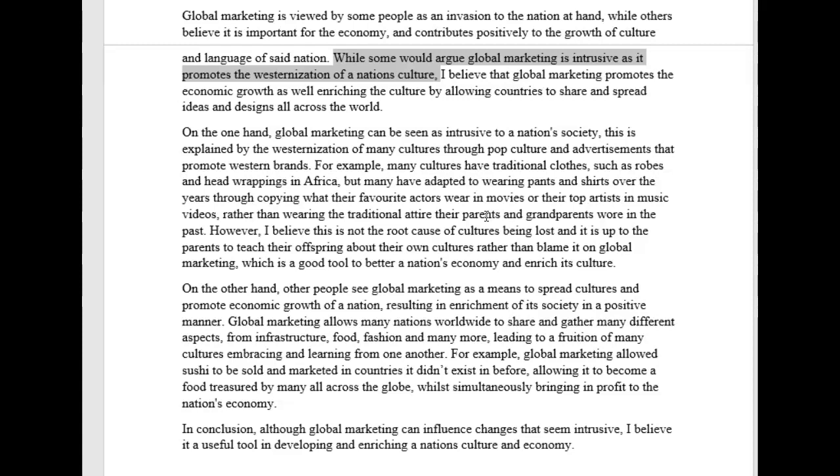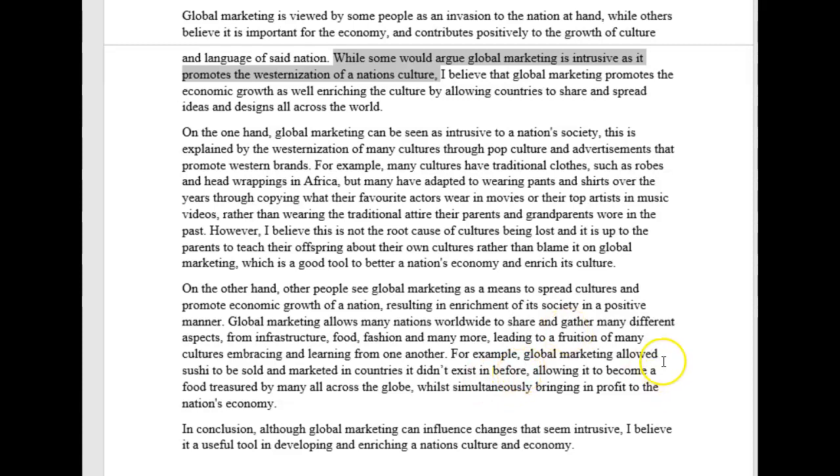On the other hand, other people see global marketing as a means to spread cultures and promote economic growth of a nation, resulting in enrichment of its society in a positive manner. Global marketing allows many nations worldwide to share and gather many different aspects from infrastructure, food, fashion, and many more, leading to a fruition of many cultures embracing and learning from one another. For example, global marketing allowed sushi to be sold and marketed in countries where it did not exist before, allowing